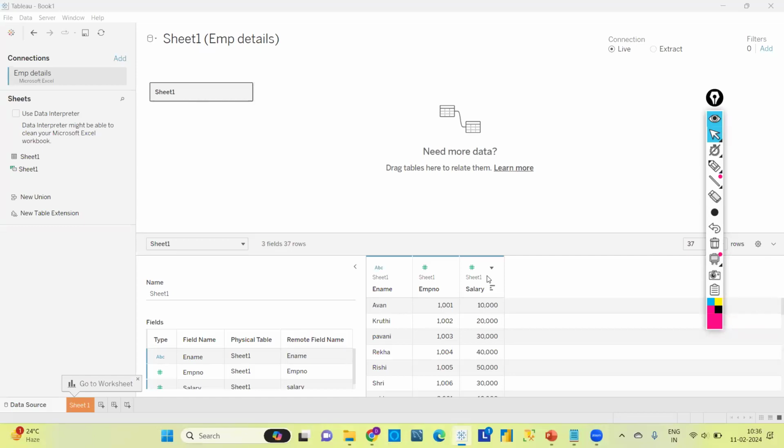So ABC, in the sense, these are the data types. Basically, these are data types. You can find the same thing towards the left as well. Correct? ABC means string data type and hash means integer data type. Generally, hash integer data types will be for the numbers, and for strings or any characters, there will be string data type. Correct?